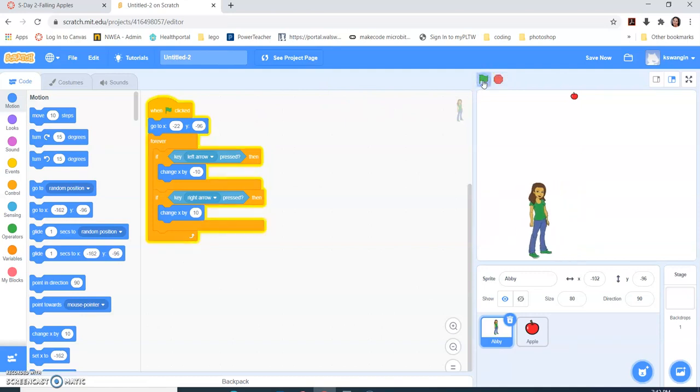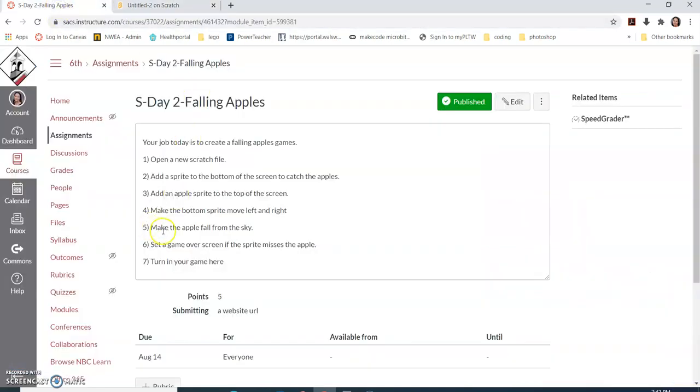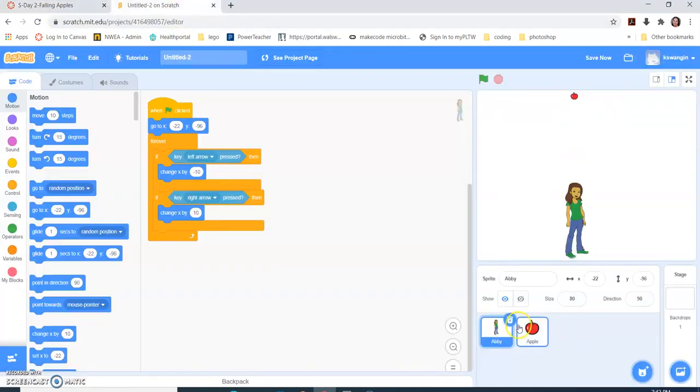She moves left, she moves right. Good job. So now that Abby's good to go, and she goes back to center still, we can ignore Abby for a minute. We're going to move on to our apple, because it says on our next stop, make the apple fall from the sky. So I click on my apple,